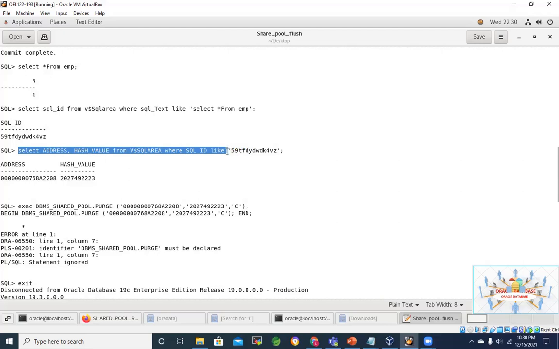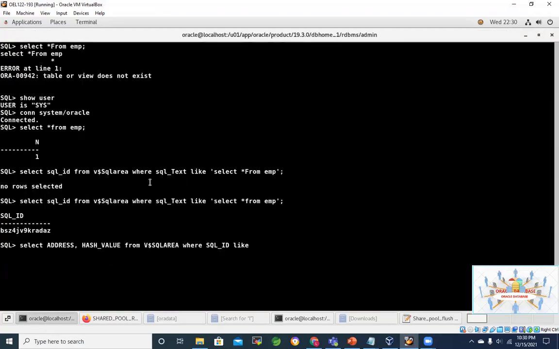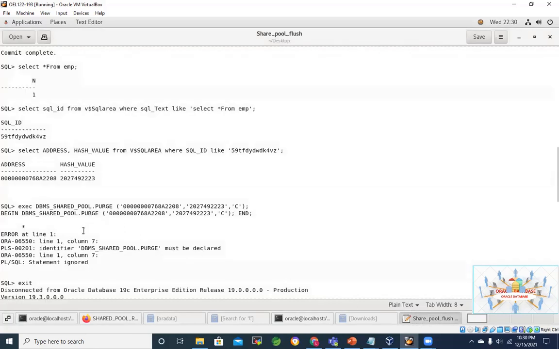For this practical I have done, let's use the correct SQL ID here. Where SQL ID is like this, my SQL ID. It should be the same thing. Let's check the ID. No, it's a different one. Normally it will be the same, but here the case is uppercase, and that's why it's using a different SQL ID. Otherwise, as per the algorithm, it should use the same ID.